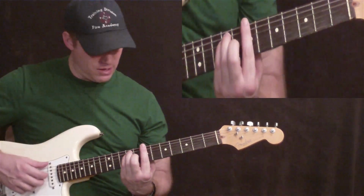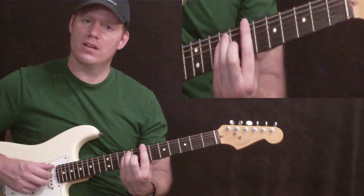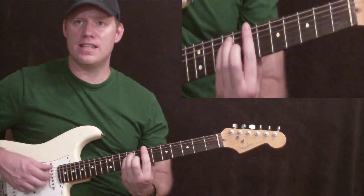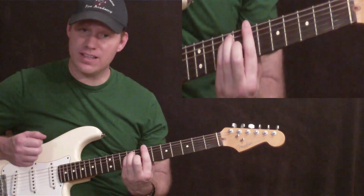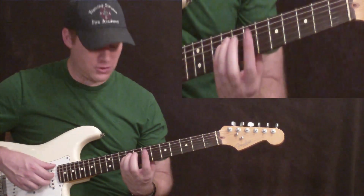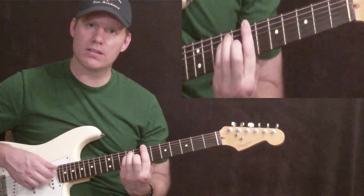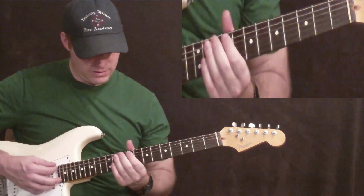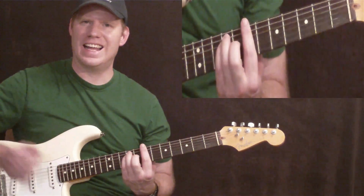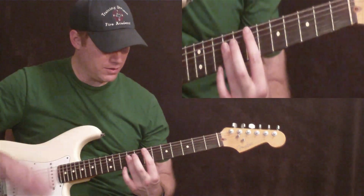The only notes you need, though, are 7th on the thick E string. We're going to play that one first, and then with your pick or your fingers, you're going to play the D and the G string together like that, and they are 9th fret on the D string and 8th fret on the G string. Okay, just like that. I like to kind of slap the strings right after that, okay? So, what we've got so far is...